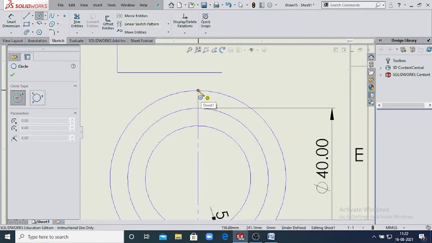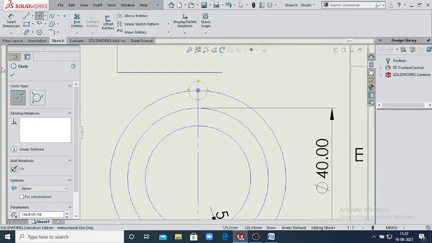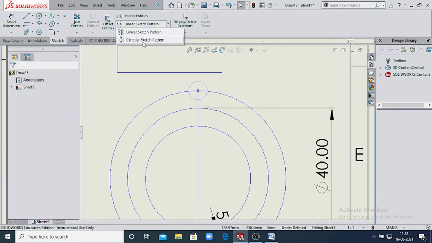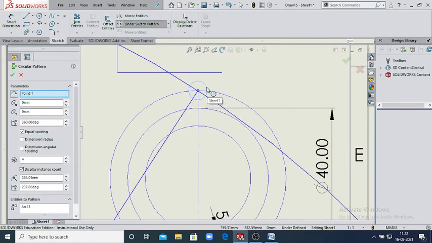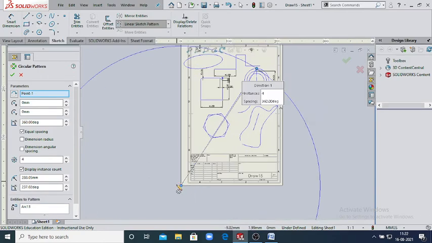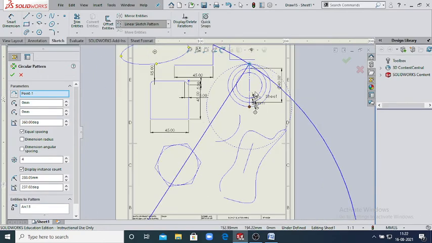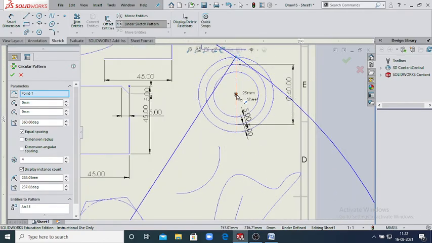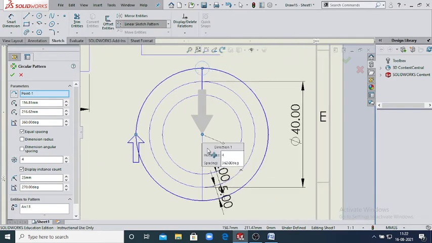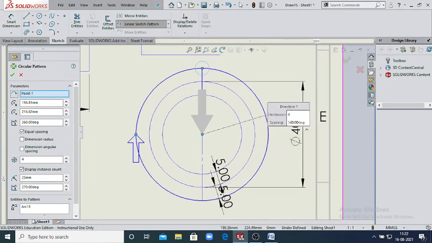Now this one is your circle. Select the circular sketch pattern, then click this circle and set the reference point in the middle like this, and increase the entities.